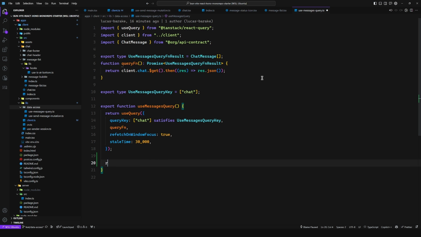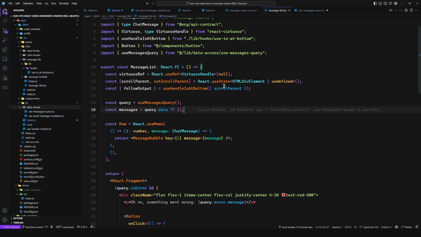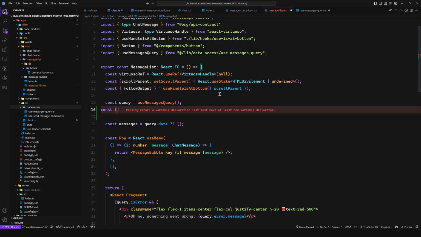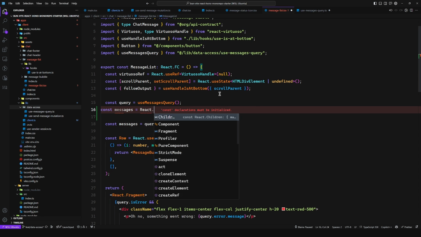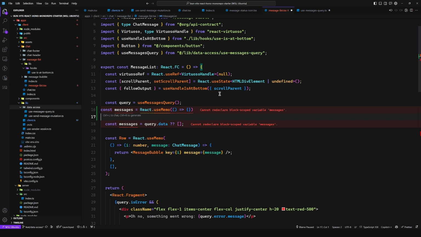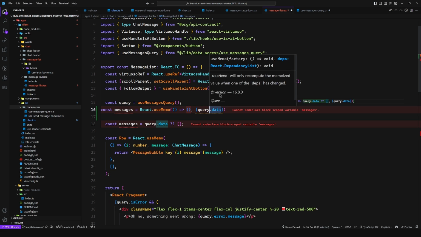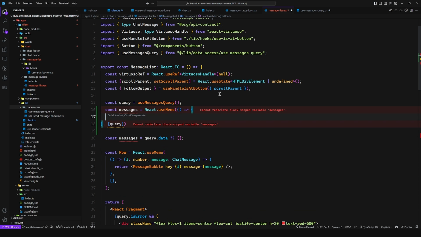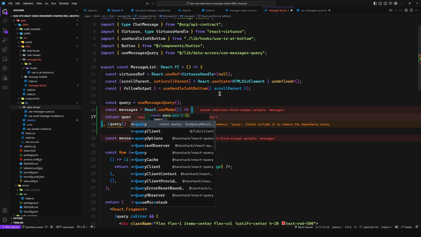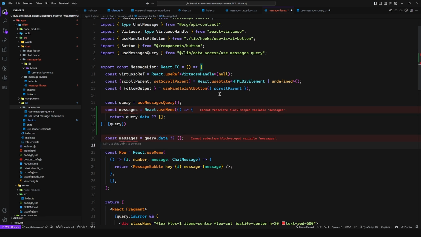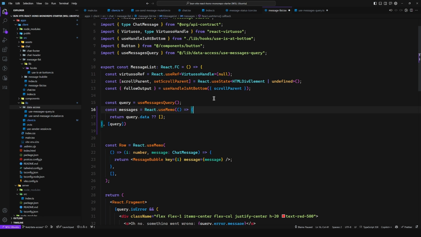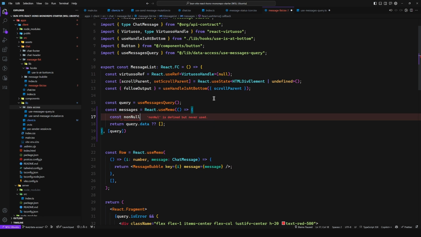So we can say return, or not here, actually in the message list, we can say const messages is equal to React.useMemo, and then whenever the data changes, or just the query, we can recompute this, and we can say query.data, we can remove this,